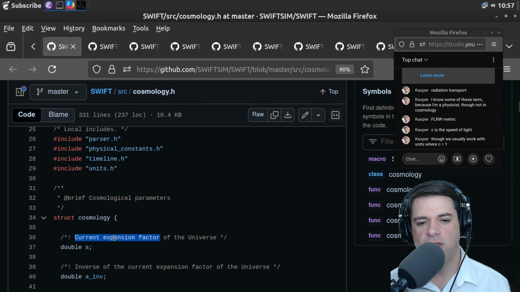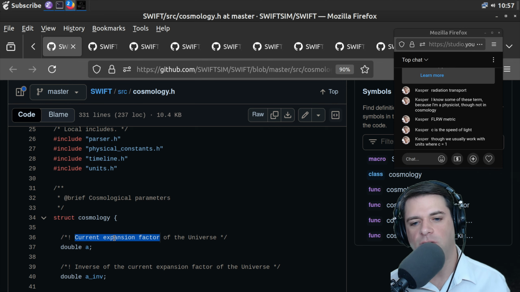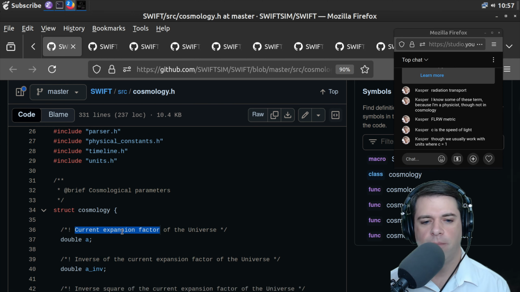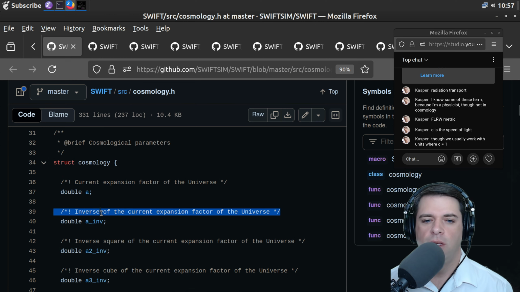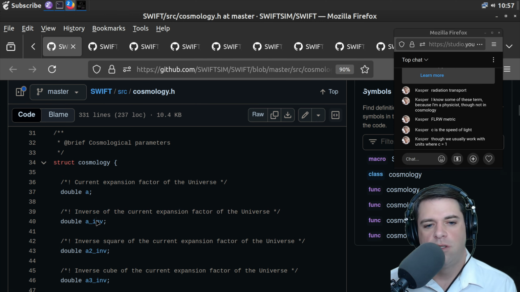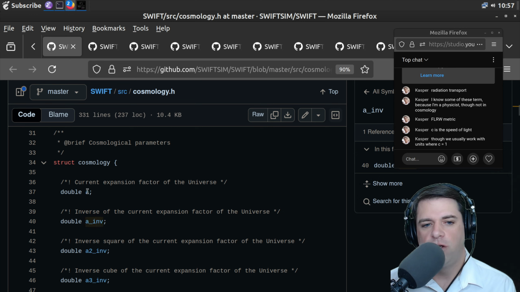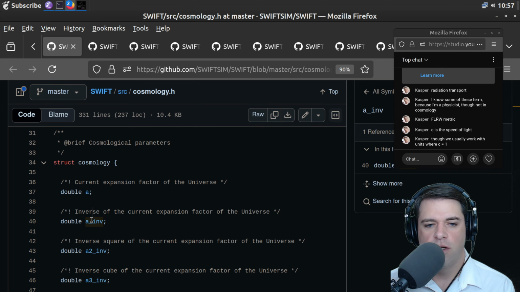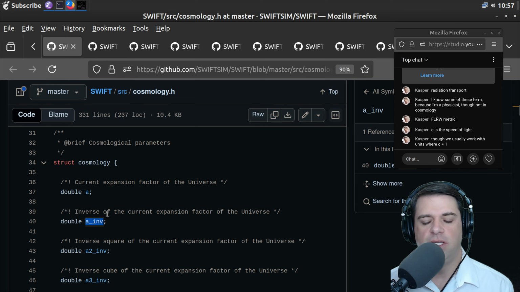This could mean current in the sense that it's estimated and it's converging on a specific thing, or it can mean it's something that depends on where you are on the manifold. And it's going to crunch down to the black hole, the Big Bang singularity or whatever. However it works. And then we have the inverse of the current expansion factor of the universe. This is A inverse. I guess A is a function. So I don't know if this is 1 over the function or we're going to try to invert the function in the sense that